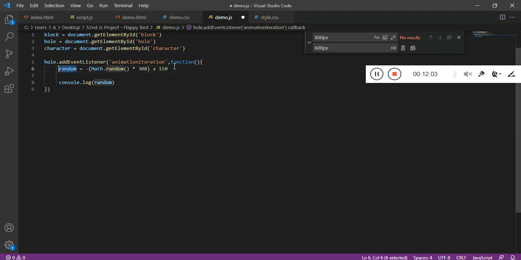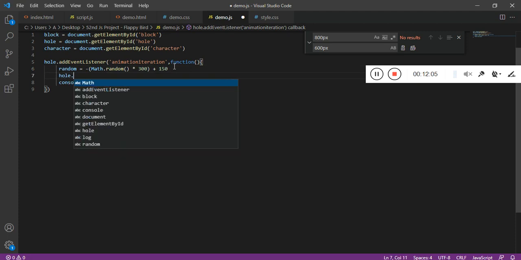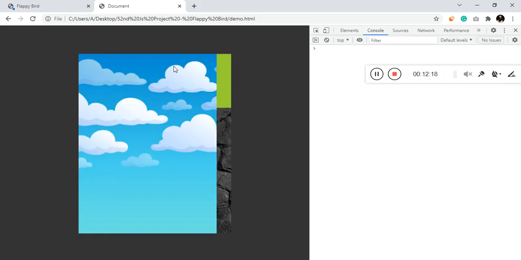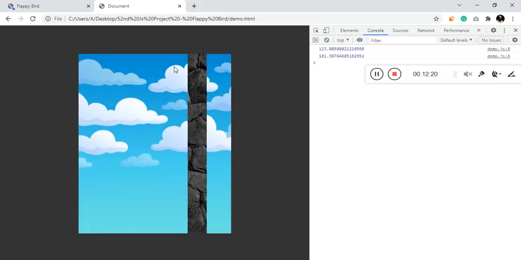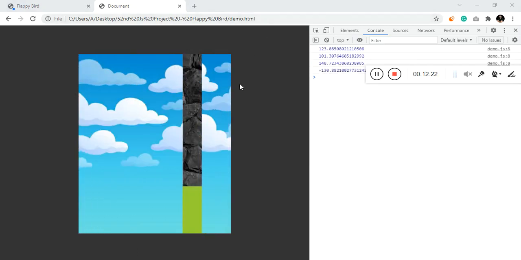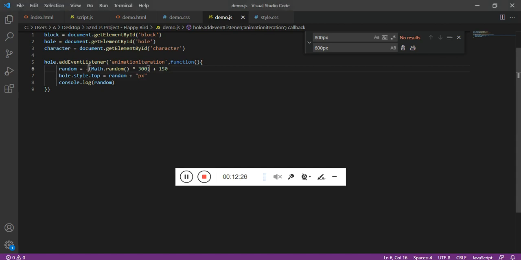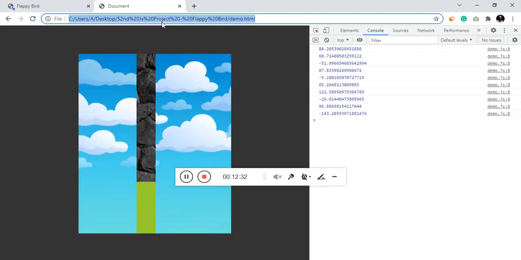Now we have to pass this, get the hole and use the style, then have the top and add the pixel to it. Refresh it. It's not showing up. So the mistake that we have done is we have to surround this in brackets. Now we would get it.